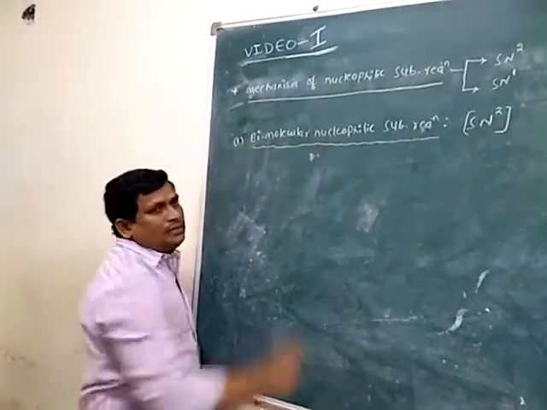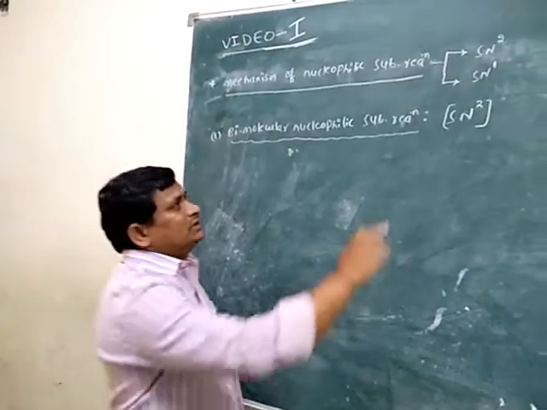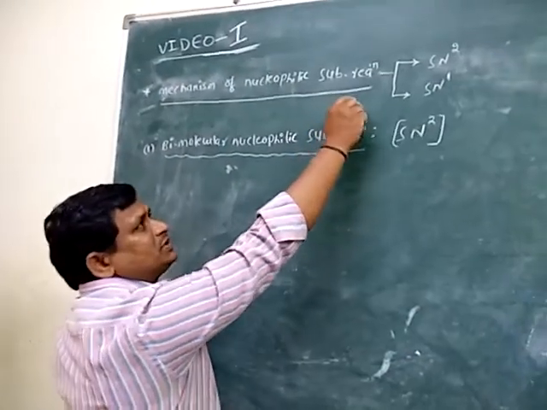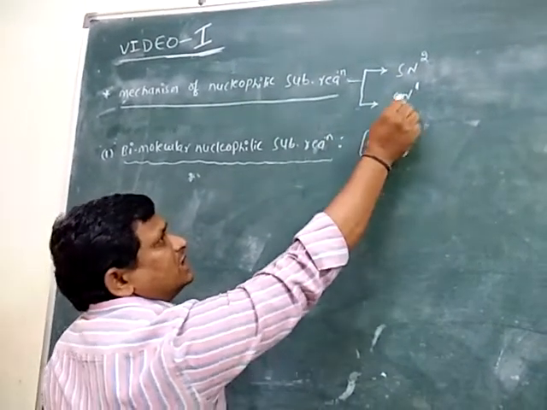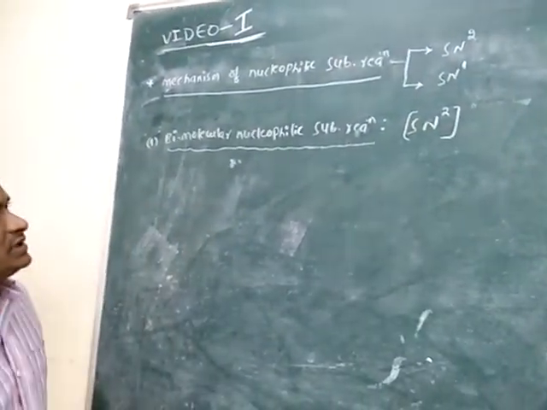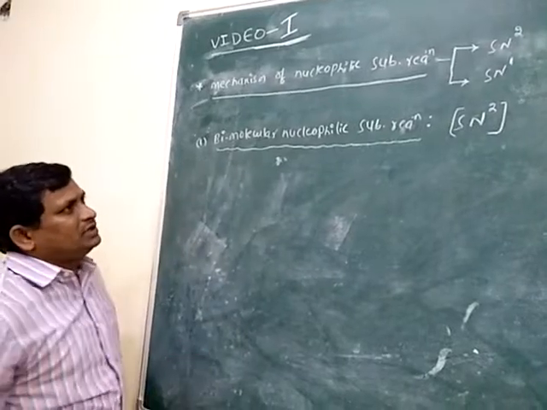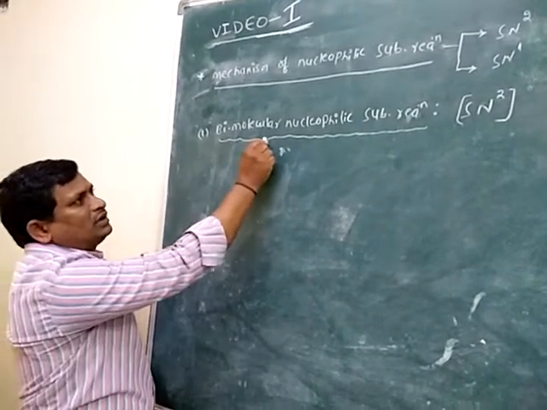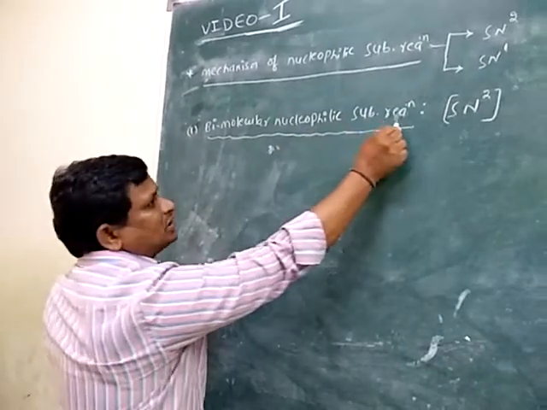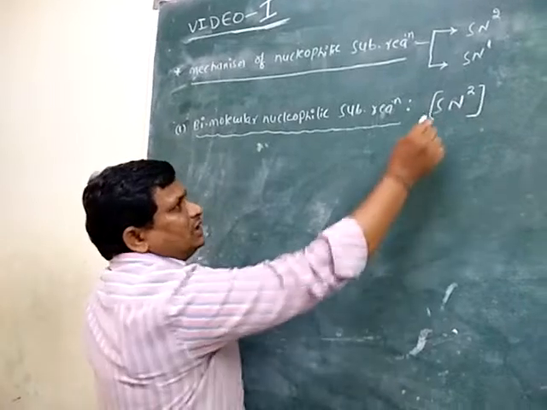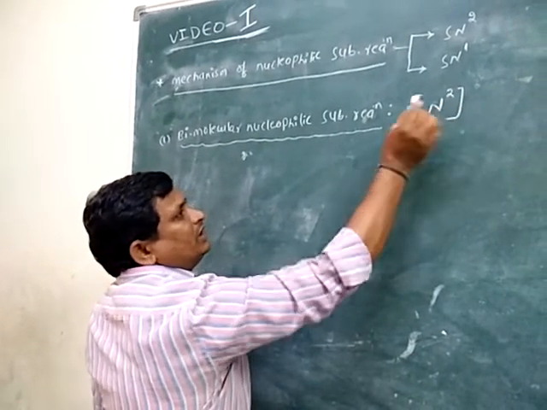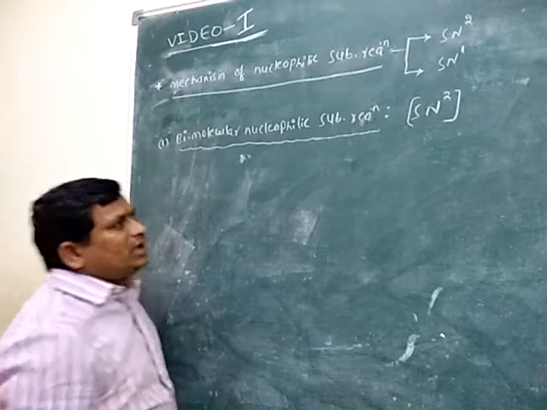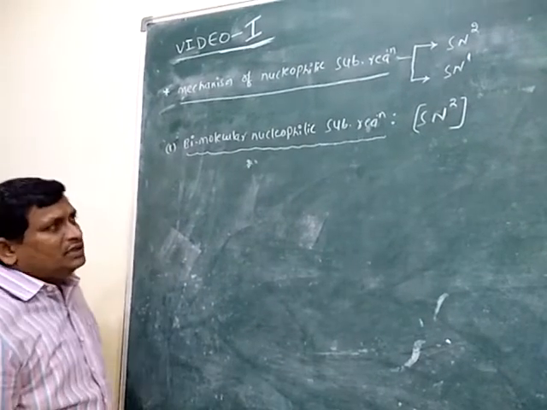Mechanism of nucleophilic substitution reactions. Generally, nucleophilic substitution reactions are of two types. One is SN2, the second one is SN1. The first is bimolecular nucleophilic substitution, that is SN2. In these reactions,